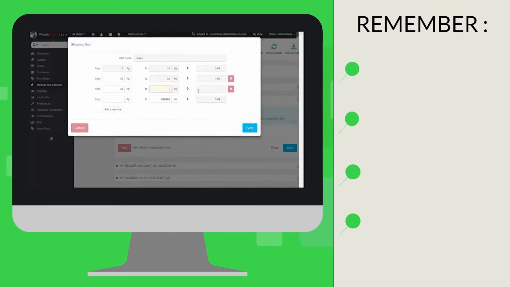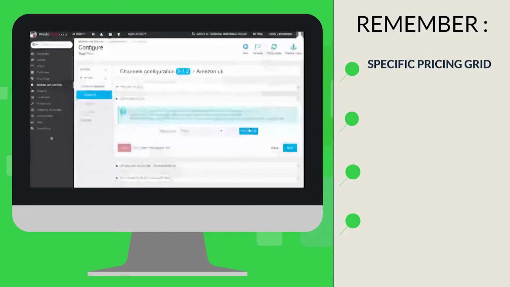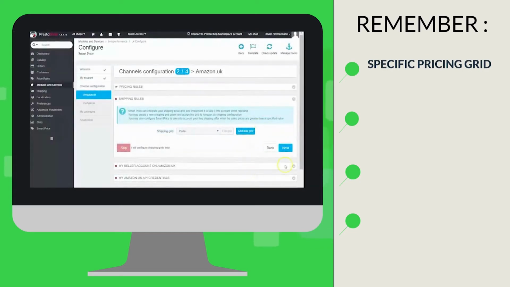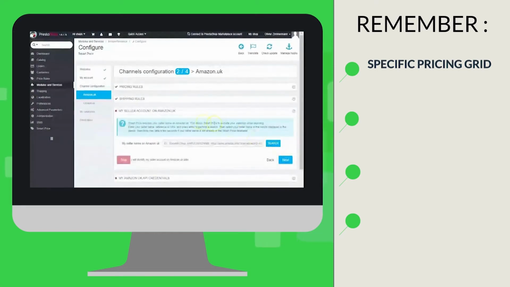There are rules put in place by default. However, it is possible to add new rules to take into account the weight of your products. For example, a level of 30 kilos. Each level will correspond to a specific grid which can be modified. The Save button will allow you to save your configuration. We will then be clicking on Next to move on to the following step, which will handle the seller ID